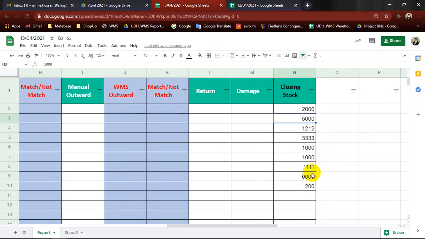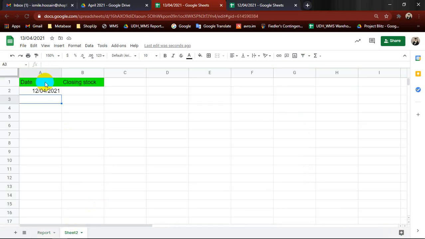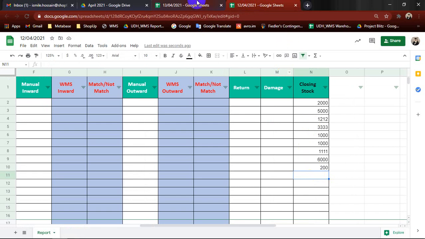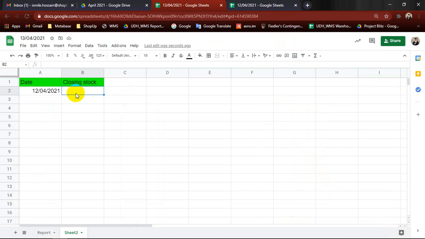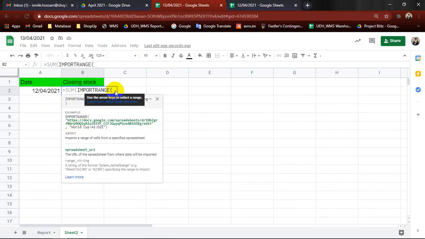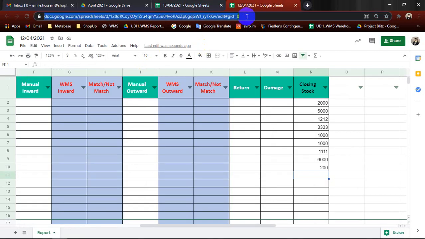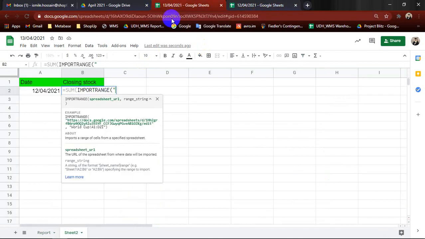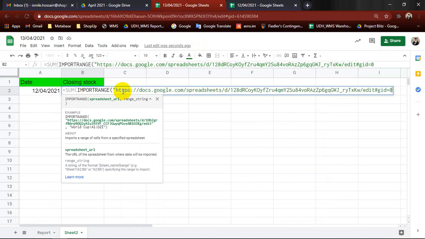See, pretty cool, right? And now I want the sum of this data. What is the sum of this data? Okay, I want to import the sum of this data from this sheet. So for this I have to type sum, then type IMPORTRANGE, and the same thing, double quote, copy the URL, paste here, double quote, comma,